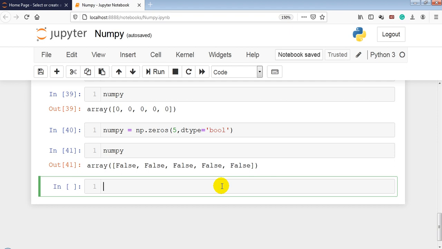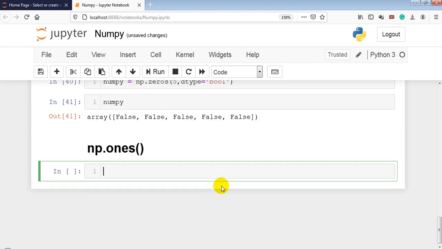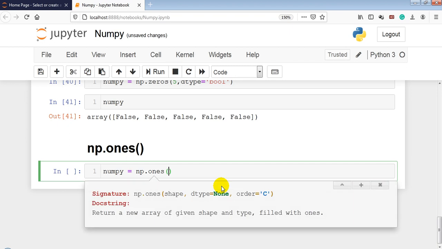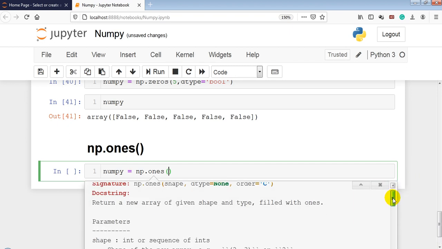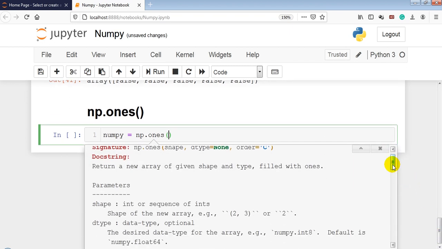Now another function, np.ones. Let me write numpy is equal to np.ones. Shift+Tab, right? When you press Shift+Tab, it will show you the parameters shape, data type and order.